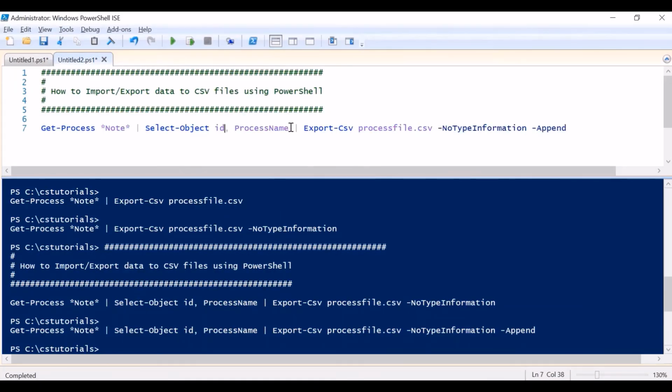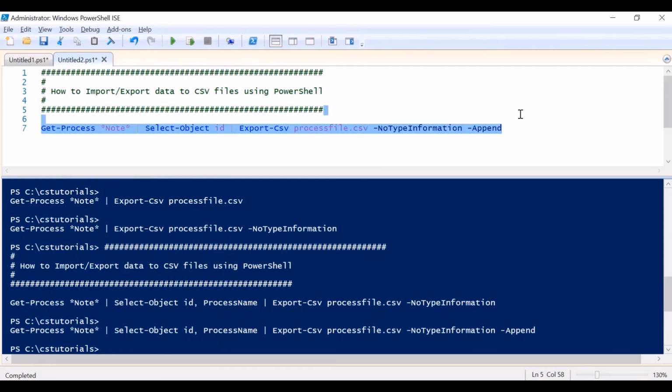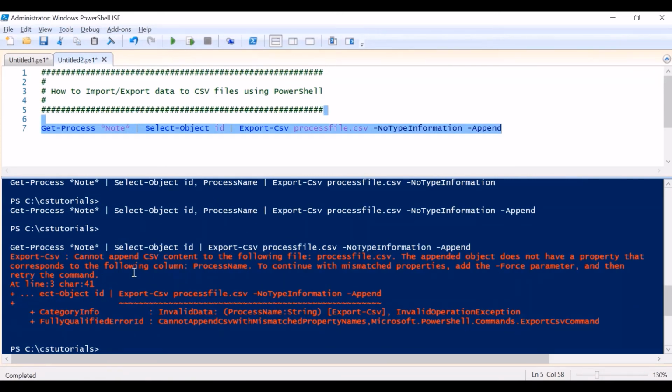Now if I remove this column name and try to execute this command, I'll get an error: you cannot append CSV content to the following file because the appended object doesn't have a value for the column process name. To continue with mismatched properties, add the Force parameter.